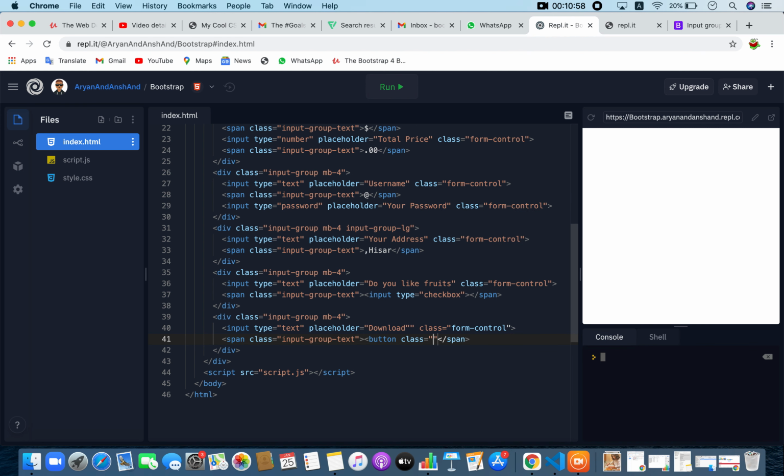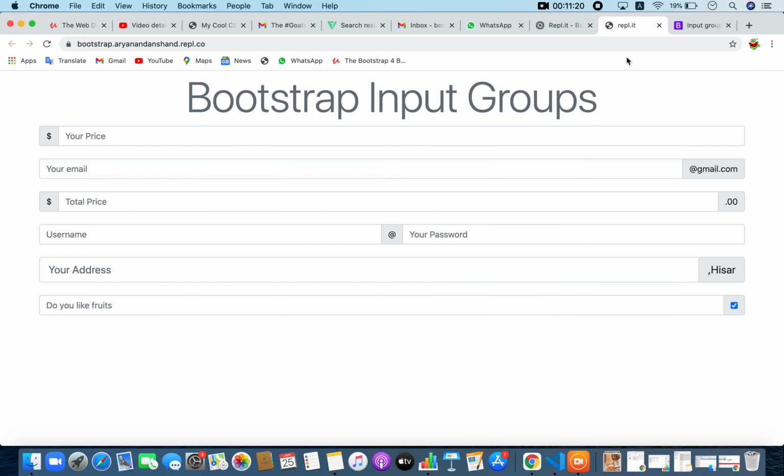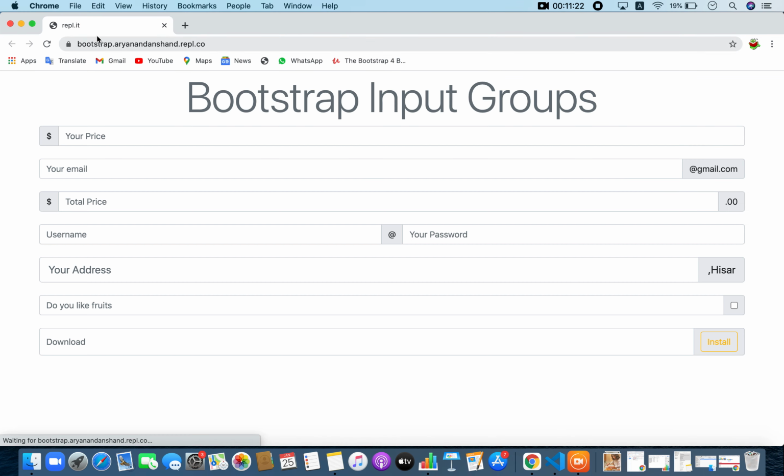Give it whatever classes you want, so btn, btn-outline-warning, write any text, and let's just check it out. And we have our button here.